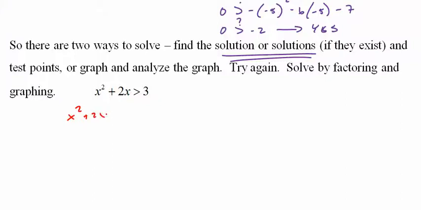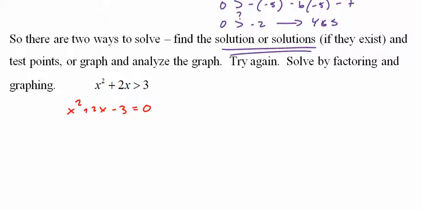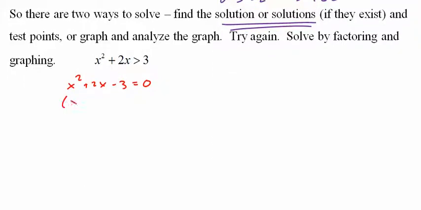X squared plus 2x minus 3, and we're just going to say it equals 0. We're going to test points and see how it goes. Shockingly, this factors nicely. Who would have thunk it? X equals negative 3 and 1. So we're looking at